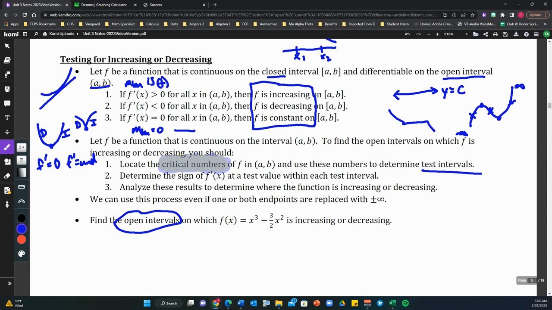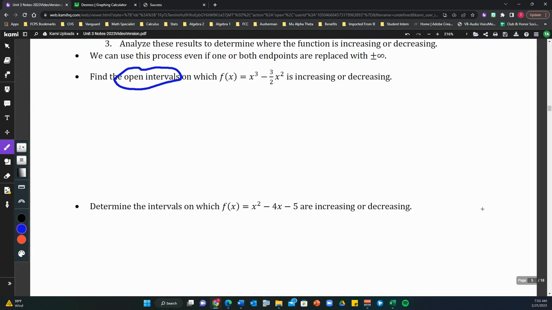So once we have those signs, we can use those to analyze where the function is increasing or decreasing. And again, that goes back to these three cases. If we get a positive value for f prime, we know f is increasing. Negative means it's decreasing. And then if we got 0, we know the function is constant. That's it. So three pretty easy steps to follow,